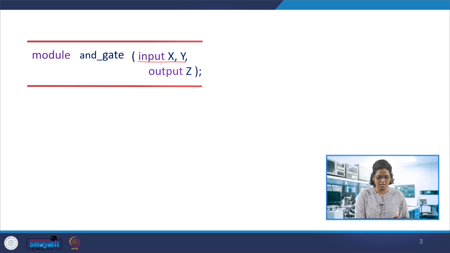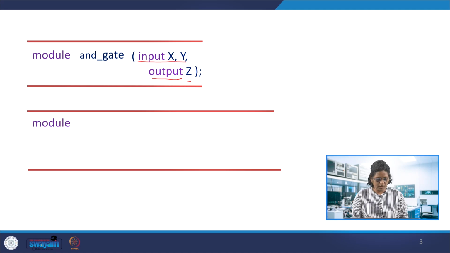If we say input x comma y, then x and y are inputs and the output z is output. Now the declaration can be simplified in the parenthesis itself. So the port name itself, this is just we try to move on to the simplification of the core declaration part as well.